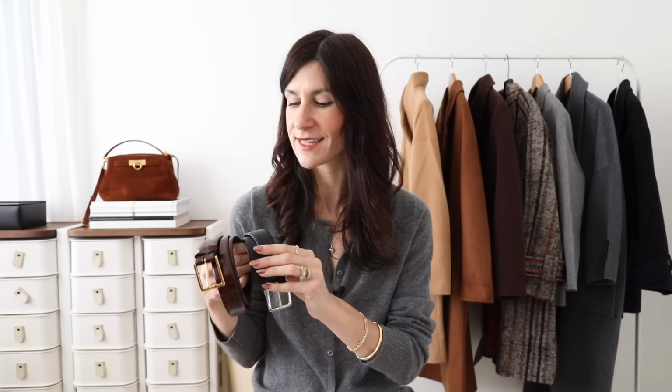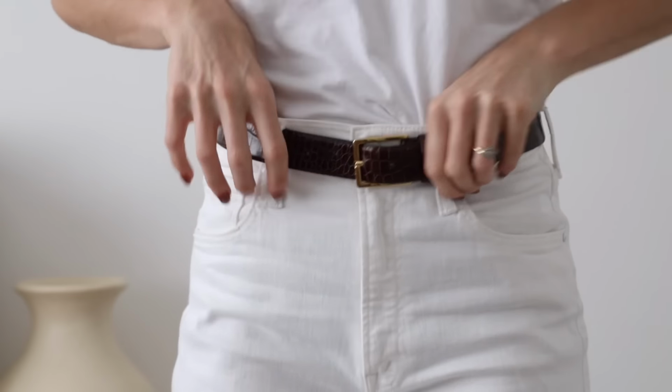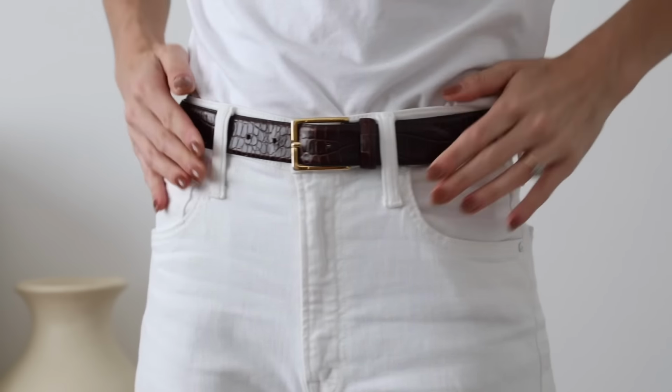This black one I think I've had since, was it 2021? And while yes, there's kind of been some fading to the gold on the buckle, it's actually in such exceptional condition considering how often I have worn it, and that's something I've been really impressed by. While I will always highlight and kind of rave about these Anderson's belts, the idea is not that it has to be that expensive, it's that it should just be a quality leather belt, not a polyurethane one,